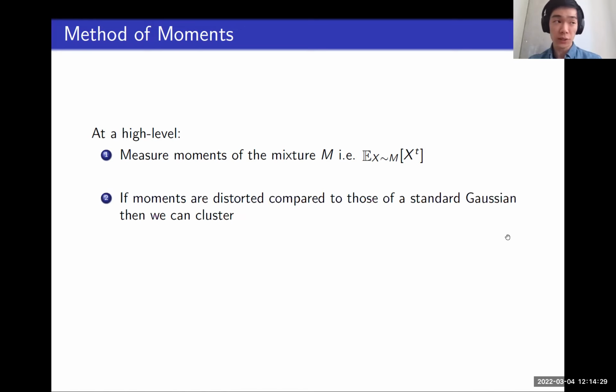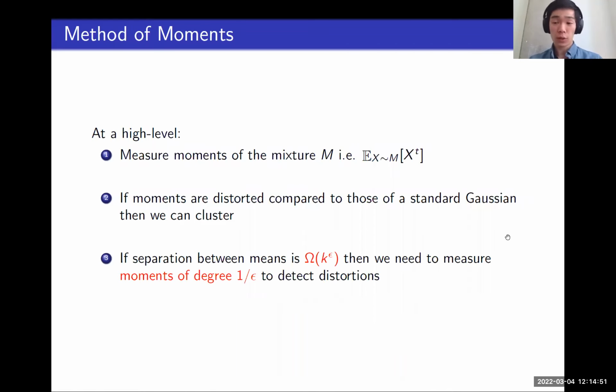Okay, and then once you do this, you look at the moments, and because it's a mixture with separated means, the moments must be distorted compared to the moments of a standard Gaussian. So what this distortion should let you do is find directions that let you cluster. However, the key obstruction underlying these kinds of approaches is that if the separation between the